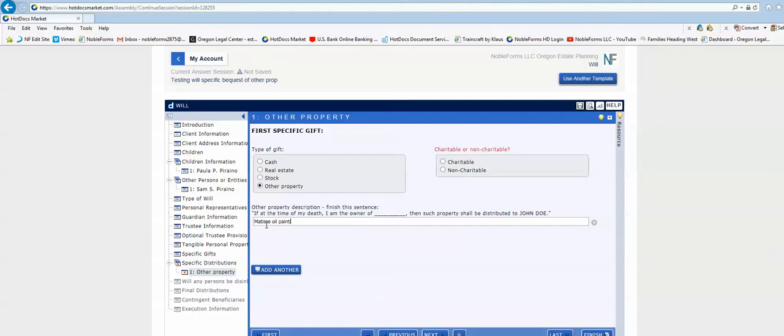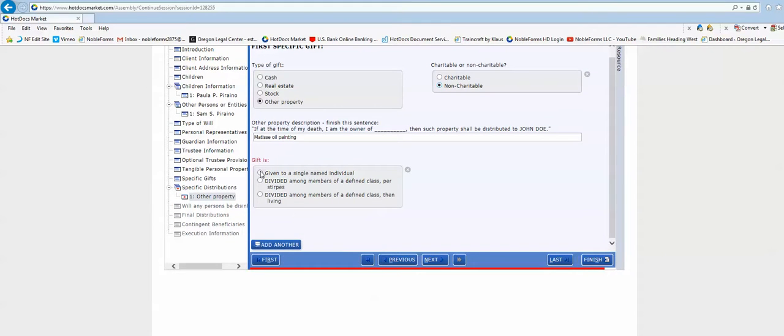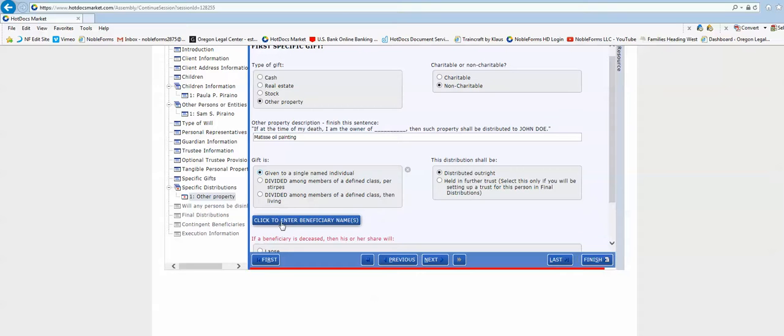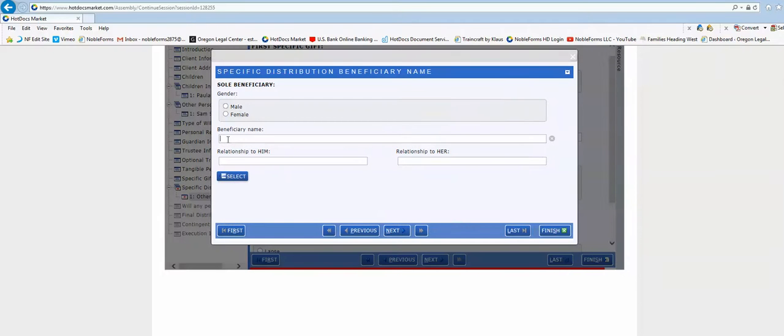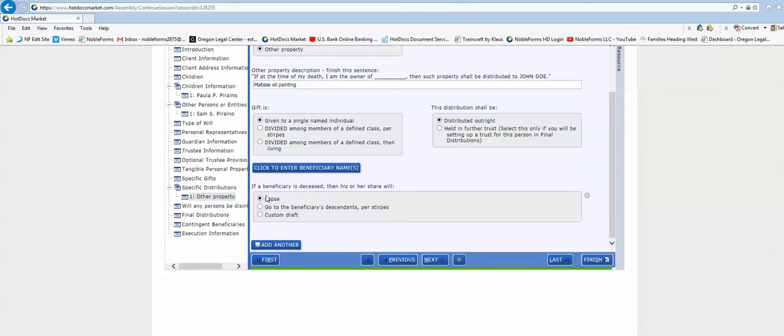It's a Matisse oil painting, and it's going to be non-charitable, and it's going to be given to a single member, and I click to enter, and I just type in here. If I just type Paula Pirano, I'm not selecting it. I'm just typing it. And then I go next, complete this. Then I go add another. So I've entered Paula here, and I add another,